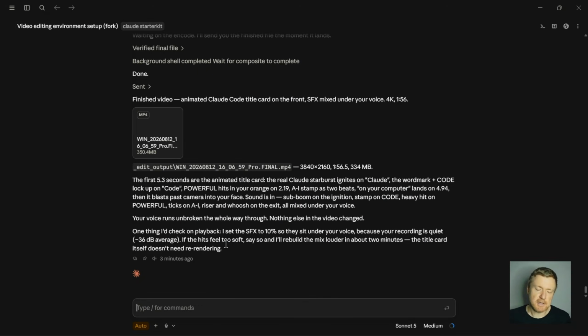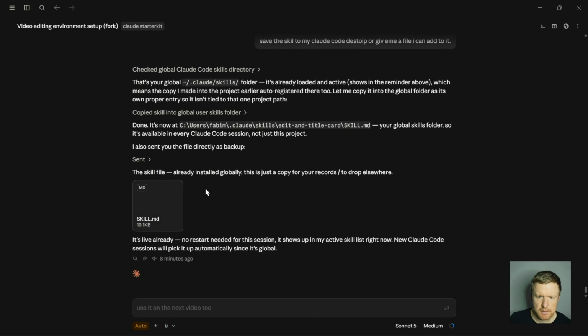But you can turn this into a skill, so I can tell Claude Code the entire process we have just run through, save it as a skill, so the next time you avoid the mistakes you have made today. Now it tells me the skill is installed, no restart needed. It shows my active skill list. And if I click on